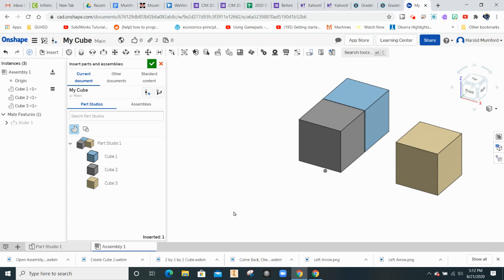I want to now put a slider mate on this piece. And so I want it to slide from here and move this way. Again, I want it to slide from this face and move this way. But this is enough for this video, and I'll come back and give you another